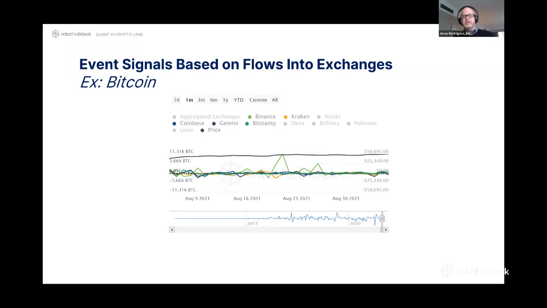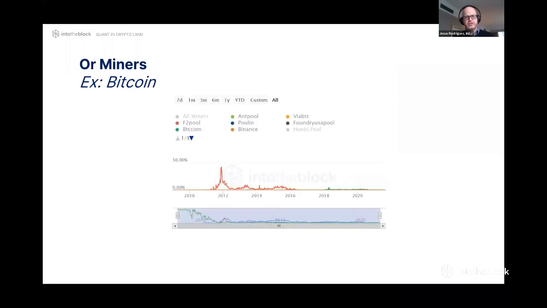So a lot of money flowing into an exchange could be a signal of increased volume or increased selling activity, and it could be interpreted as a bear sign. In the same way, money flowing out of an exchange could be moving into stablecoins and taking a pause in the market. This is the type of thing that you can do with blockchain data sets that you cannot do with any other traditional data set.